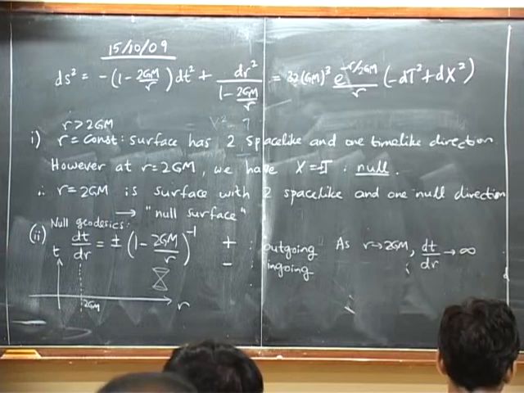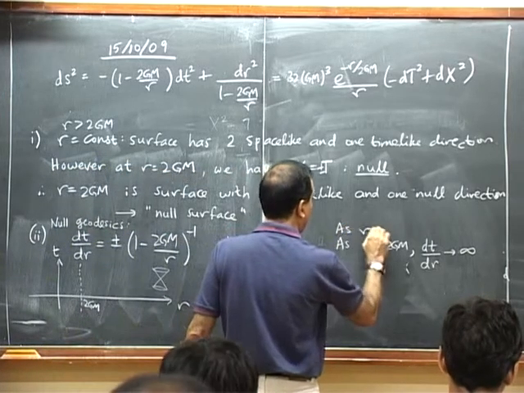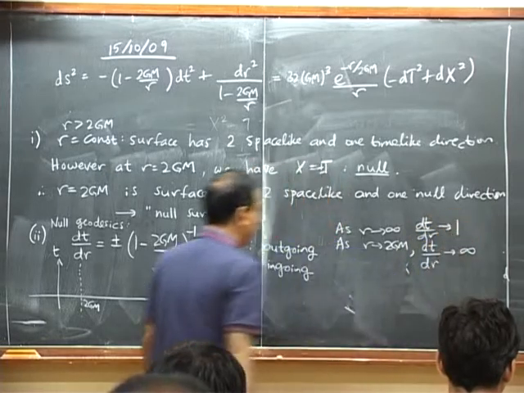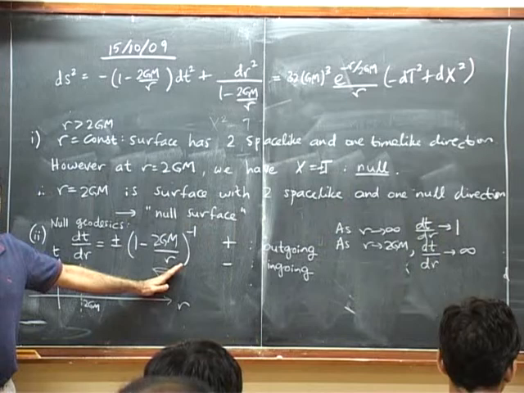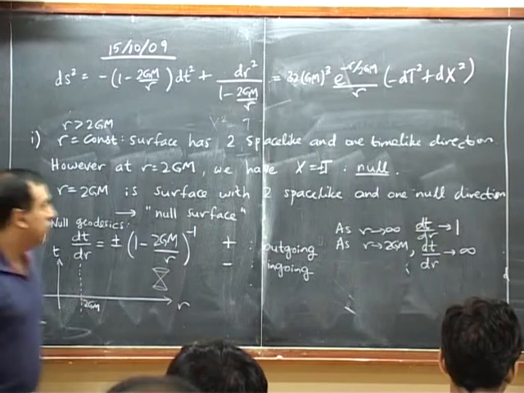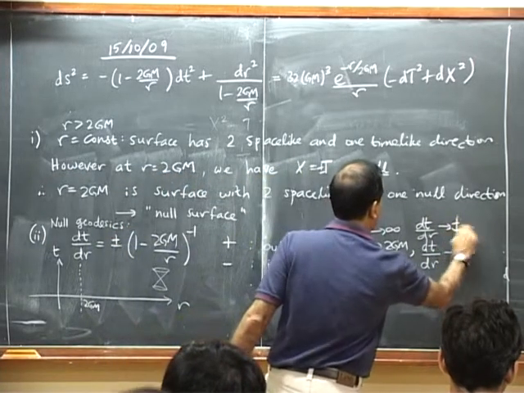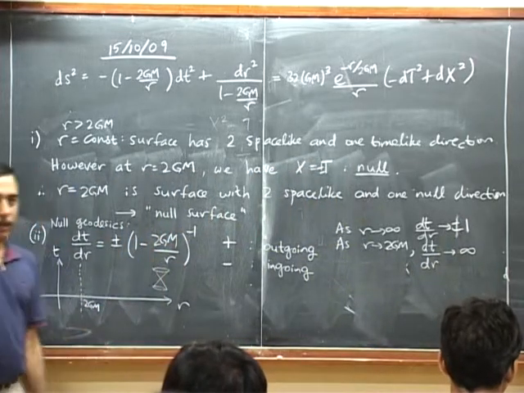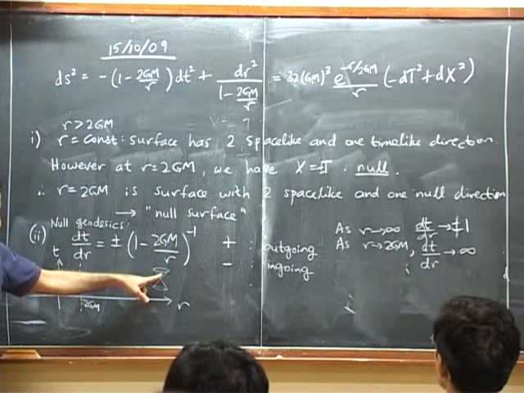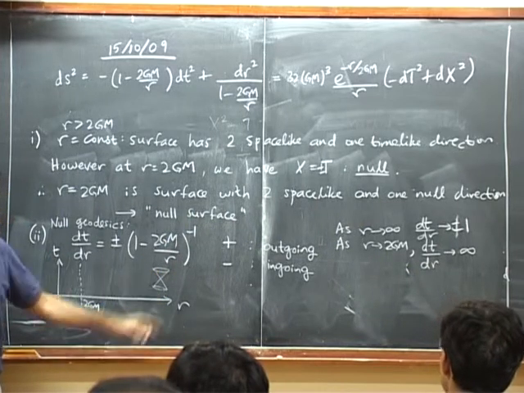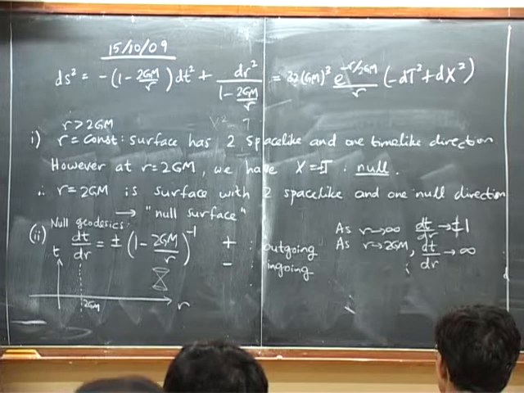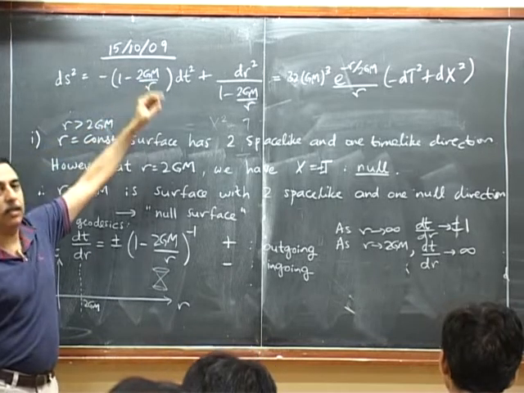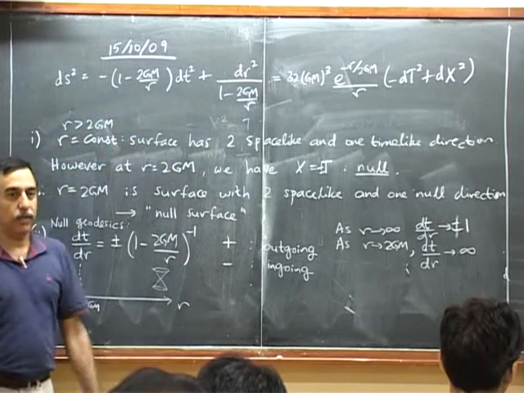And dt/dr, okay, as r goes to infinity, dt/dr goes to 1. dt/dr is the slope of this thing, plus or minus 1, I guess. So this is plus 1, that's minus 1. That tells me that this light cone has an angle of 45 degrees on each side. So this is 90 degrees, exactly as we always draw in usual life. And that's just because this metric describes ordinary flat space-time for r much larger than 2GM, so that this term can be neglected. So far so good.